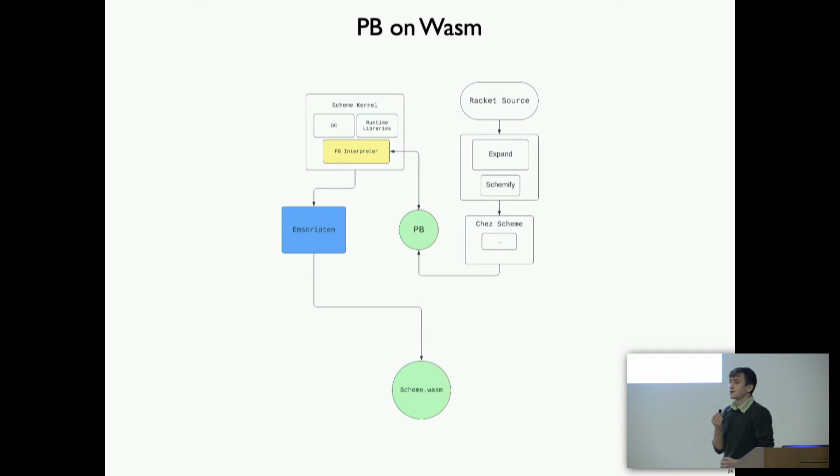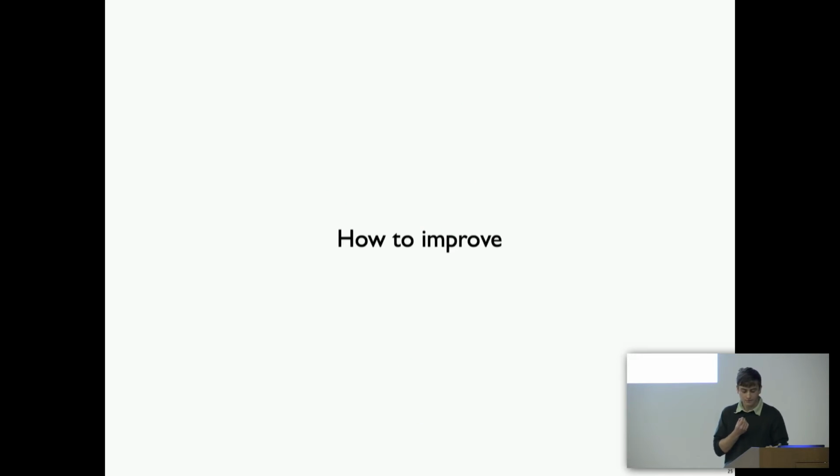And so on the face of it, it's like, okay, this kind of looks like a solution to our issue. I should note, this is a full installation of Racket that runs on Wasm. A little asterisk there: there might be a few things that don't work properly, but more or less, the GC is supported, everything kind of just works. But there's a lot of layers of indirection here, and it's not necessarily the fastest solution in the world. And it's also not really moving us that much closer to generating native Wasm, because we're really heavily relying on Emscripten here. So how can we improve this?